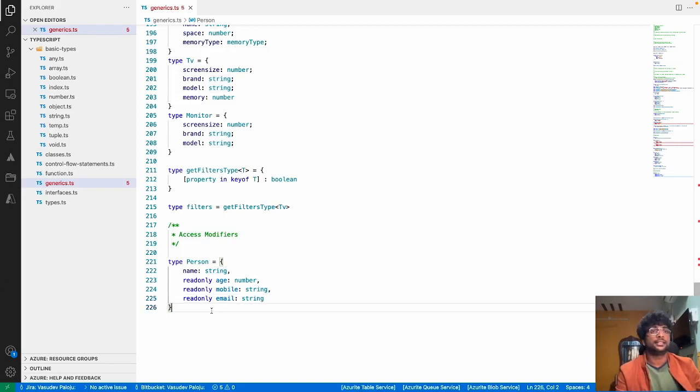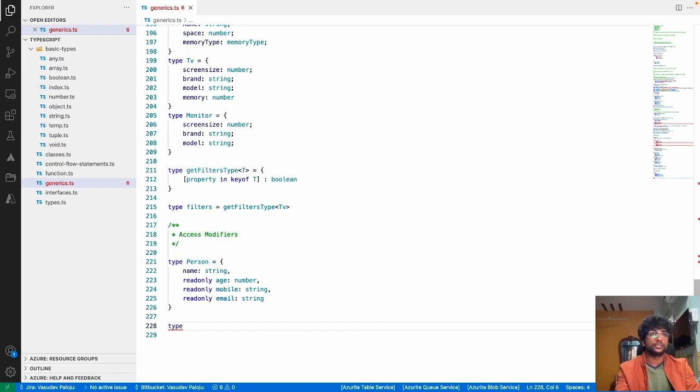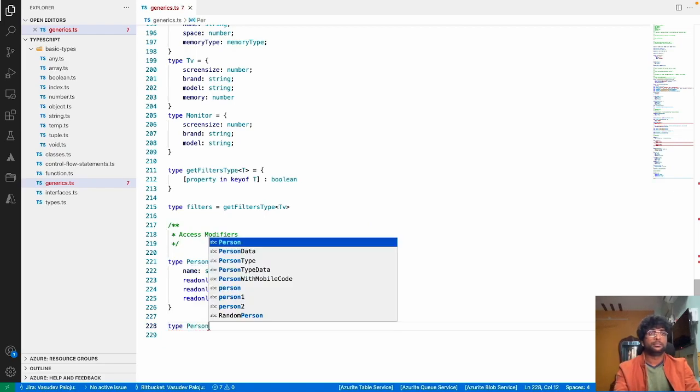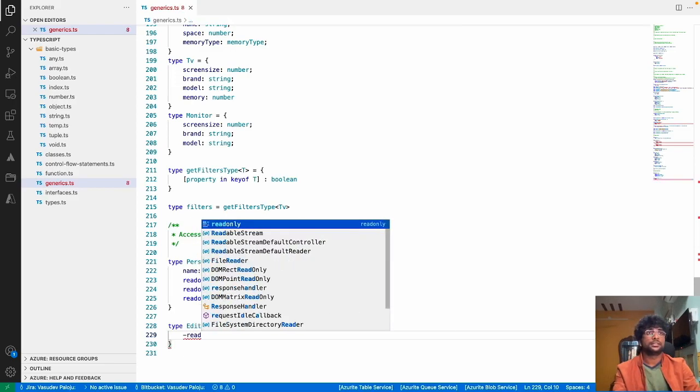In such cases, mapped keys again come to your rescue. For your dashboard application, you would have to remove this manually, but right now you're seeing only 4 elements. Maybe that type has hundreds of data properties, and in such cases it becomes really difficult, right? So simply what you can do is type editable person is equal to minus readonly